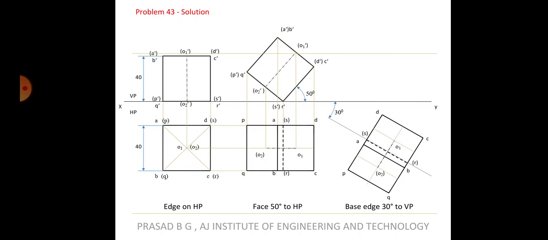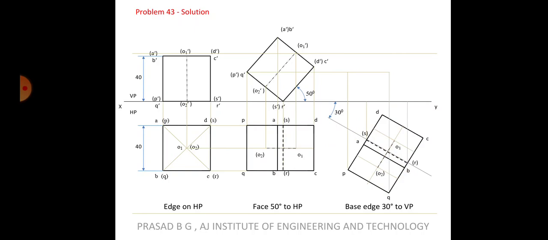Okay, so now we have to get the final front view. So again there is no need to ask about which will be visible. This portion is downwards, this portion is upwards. So this portion whatever is there, PQ RS will be visible and the top portion will be hidden. Okay, so we will project the points here, but be careful while projecting. Don't be in a hurry to project the points. One by one we will project.